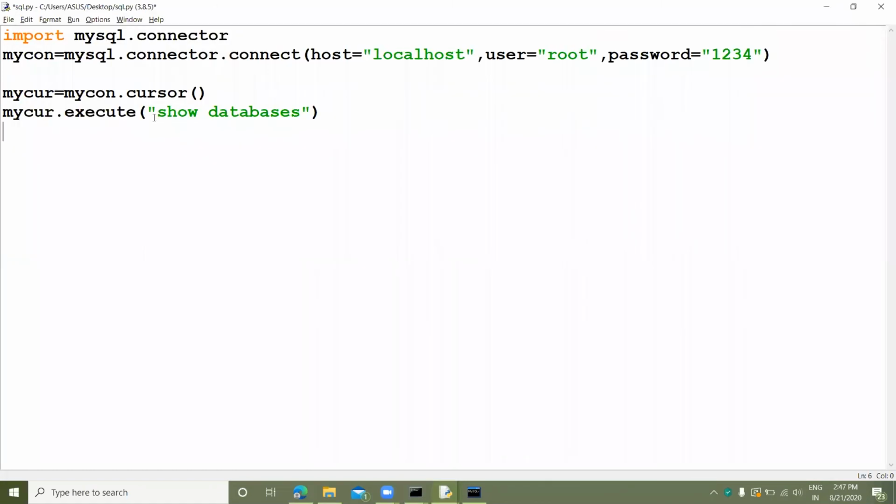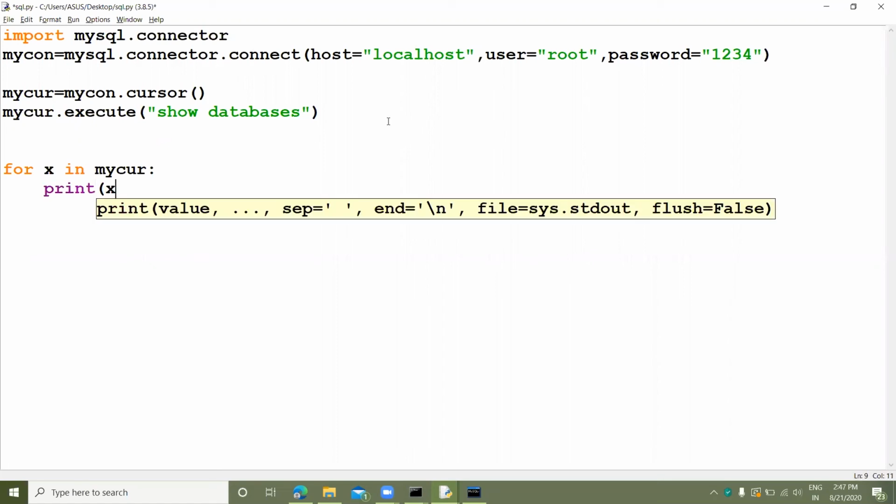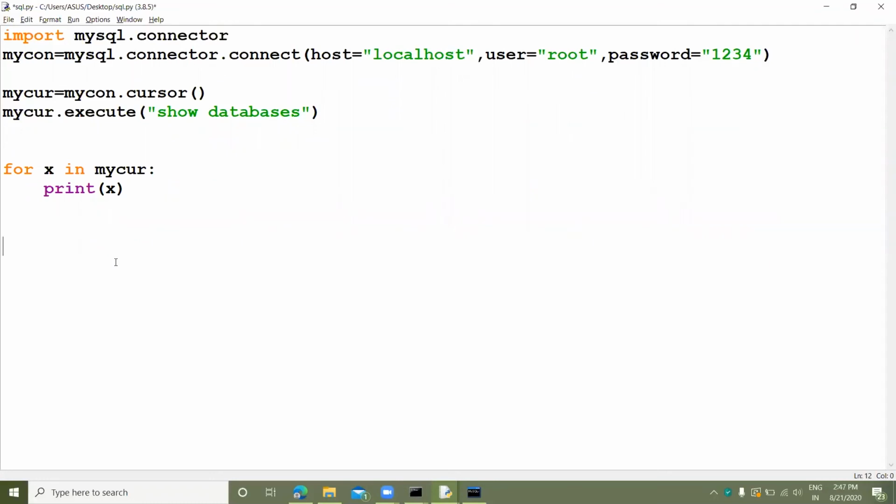Similarly, we will also fetch all the data from the database, so we have to use a loop for that. So now for x in my cursor, my cur is a short name for my cursor, and now we print x. That's how we can see all the databases located on my MySQL server.